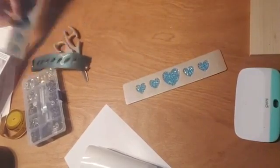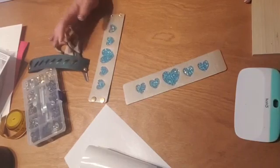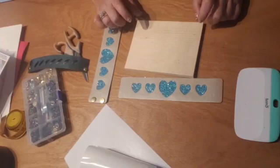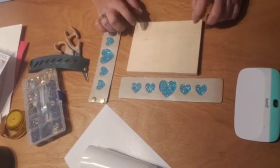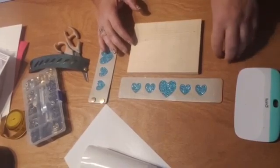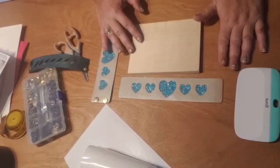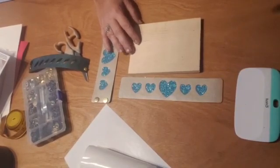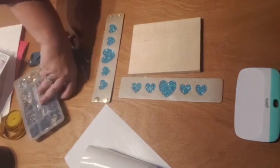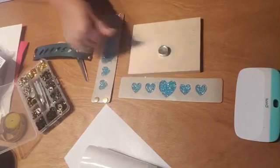To measure for your snaps, and I'm not going to do the snaps because it is quite a loud process, because you do have to hammer. My biggest suggestion is to do it on another piece of wood. I was doing it on here. This table is a hollow door, so I don't have enough pressure behind it. I did it on my dining room table and I made divots in it because I was hammering in it. Because you have to use this block and then you